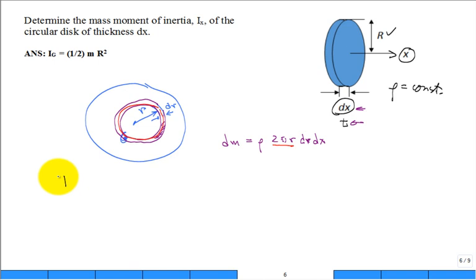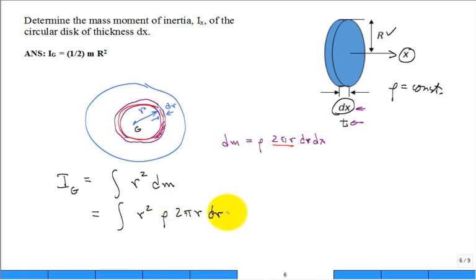And so to calculate I about the point G, this is G. Let me get rid of G right there. That's equal to the integral of r squared dm. That's equal to the integral of r squared, dm is replaced by rho 2 pi r dr dx. The dx is constant. It's not a function of r. The 2 and the pi and the rho, they're all constant. They can come outside. So I get 2 pi rho dx, the integral of